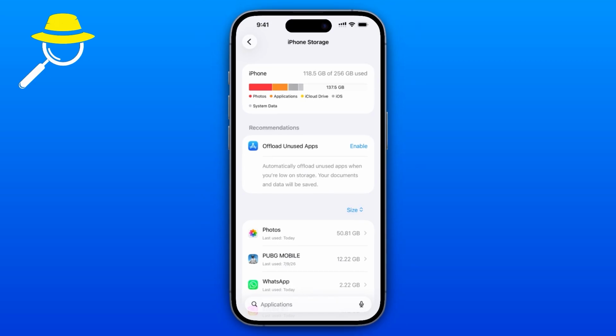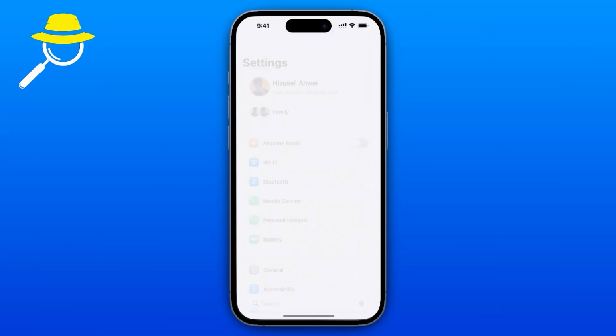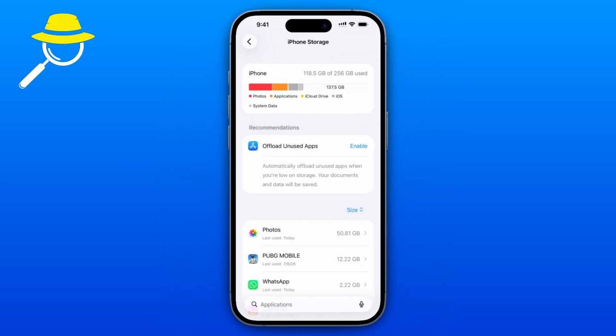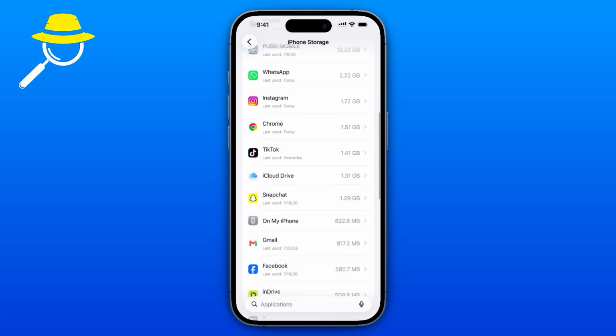Here's how to fix the Roblox low memory warning on iPhone and iPad. Open the Settings app and go to General, iPhone Storage. Check how much free storage is available. If you have less than 2 GB of free space, delete unused apps, photos, or other files until you have